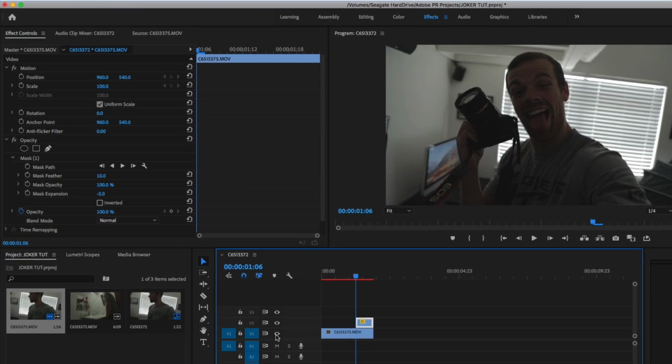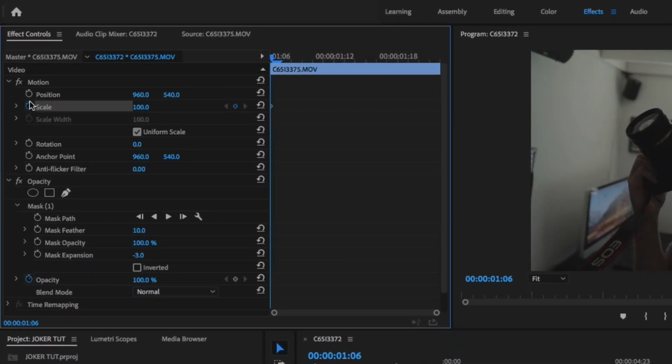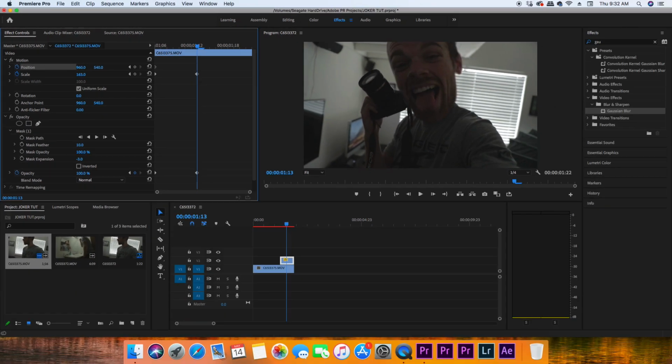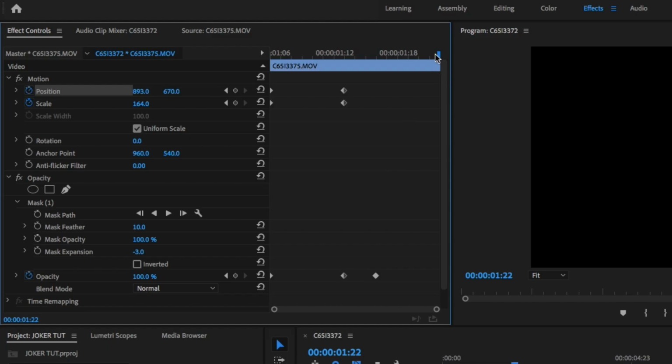All right, now that you masked the face, you're going to go to the beginning of that duplicated layer that you did the mask on, and then click the stopwatch for position, scale, and the opacity stopwatch should already be on. Just make sure that's on, and then change the opacity to 0. Now move forward a few frames and turn that opacity back up to 100, scale up and reposition the masked face to your liking, and then click another keyframe on the opacity to keep it at 100,